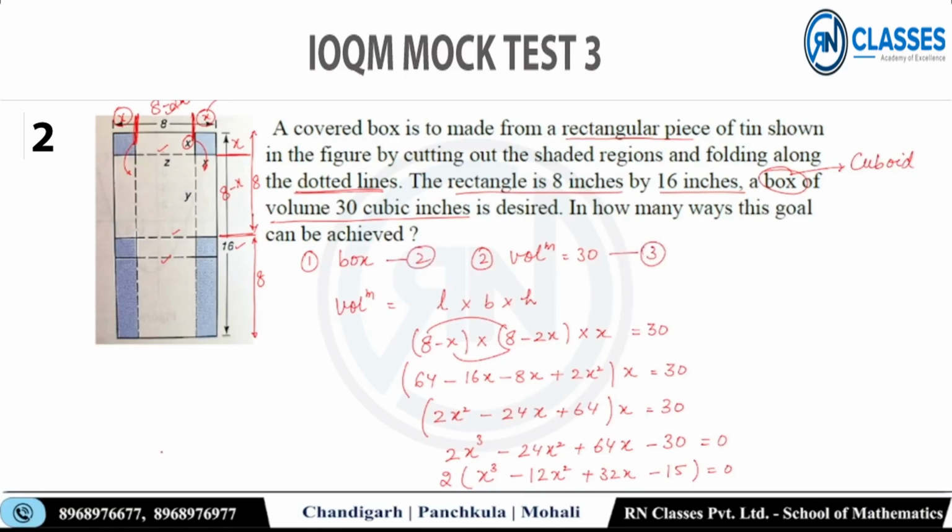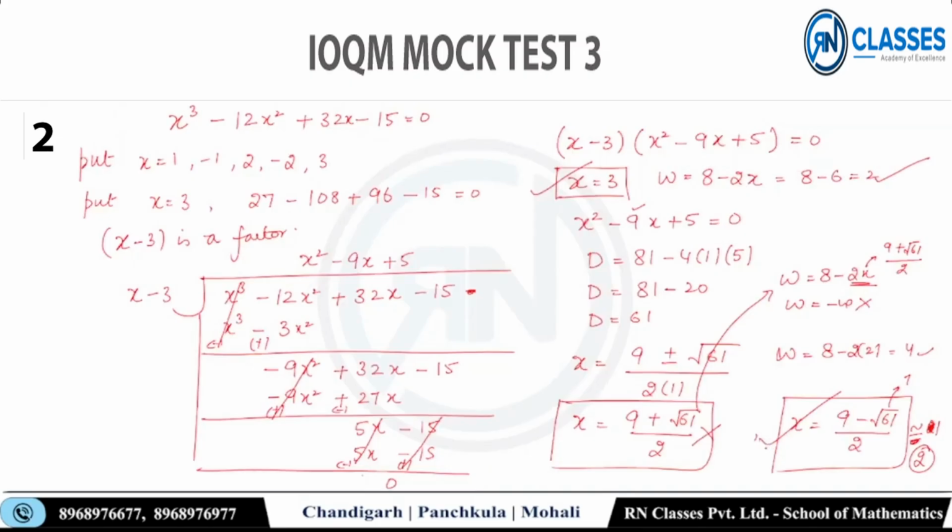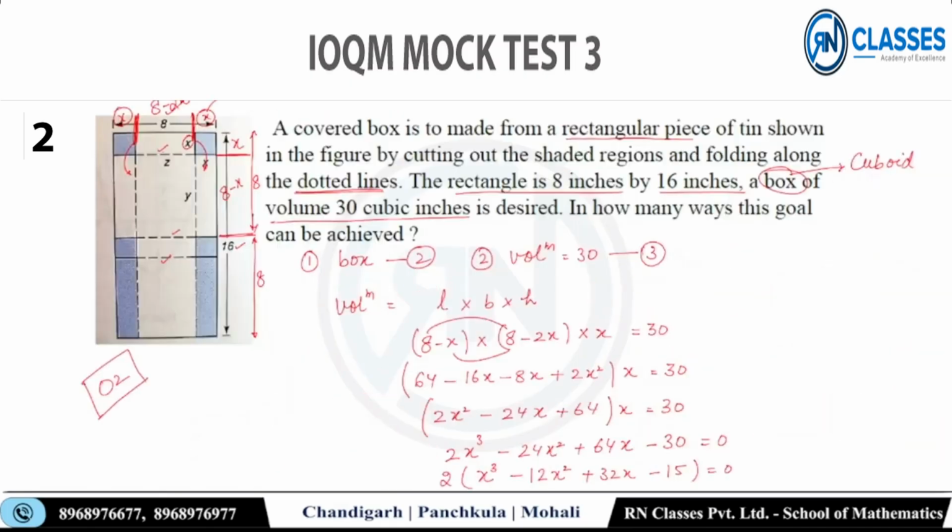सो व्हाट इज गोइंग टू बी द आंसर एंड हाउ मेनी वेज दिस गोल कैन बी अचीव्ड? 2 वेज, 0 2। इतना छोटा क्वेश्चन था ये, ठीक है। मैंने एक्सप्लेन करने में इतना लंबा टाइम लगाया, आपको उतनी जरूरत नहीं है। आपने D चेक किया, D पे भाई ये ज्यादा बड़ा नंबर बन रहा था, ये छोटा नंबर बन रहा था, सीधा टिक मारा कि भाई दो ही वैल्यूज आ रही हैं। तो 0 2 इज द आंसर।